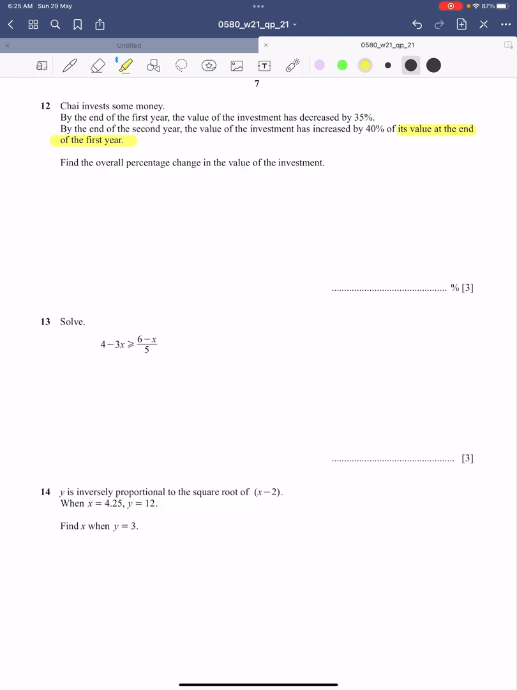So there was some investment, but we are not given the value of the investment. We are not given the exact value. We just know that it was some amount of investment. So we call it X. Now, X was invested, and by the end of the first year, the value of the investment has decreased by